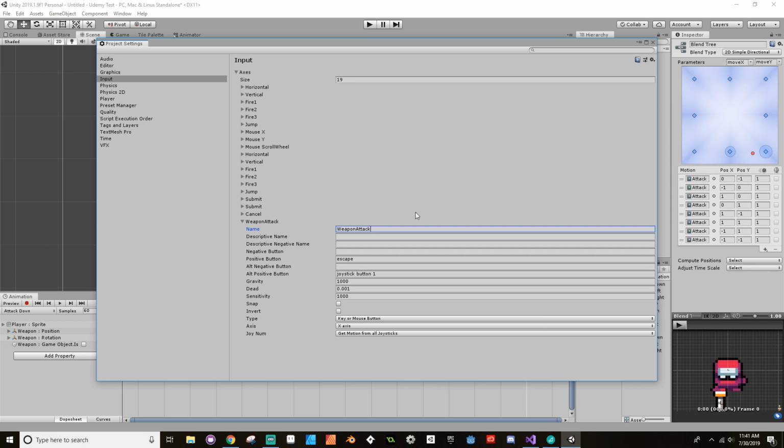All right. So we'll call this weapon attack. Positive button I'm going to say is, let's do space. Alt positive is joystick button 1, which is, let's do joystick button 0. And leave the gravity alone. All right, cool. So weapon attack. Now,